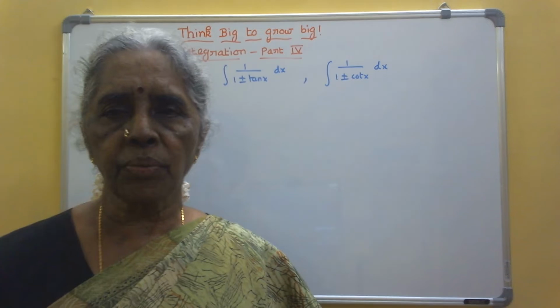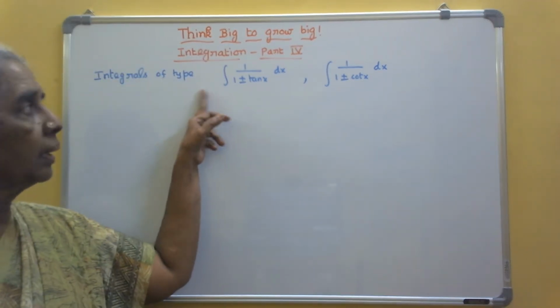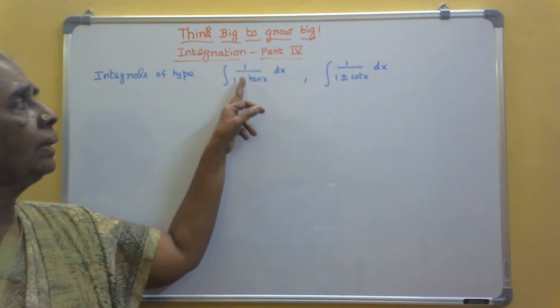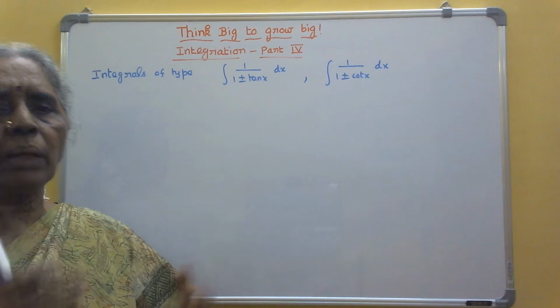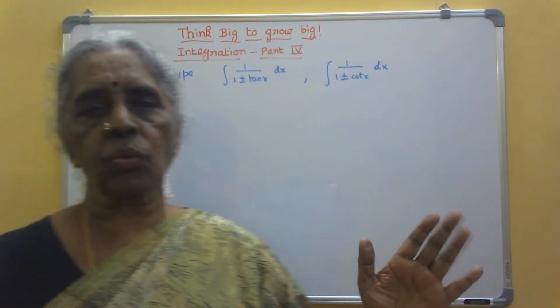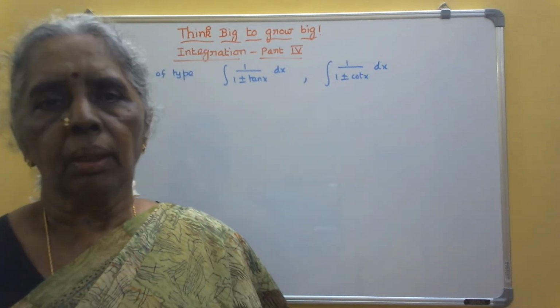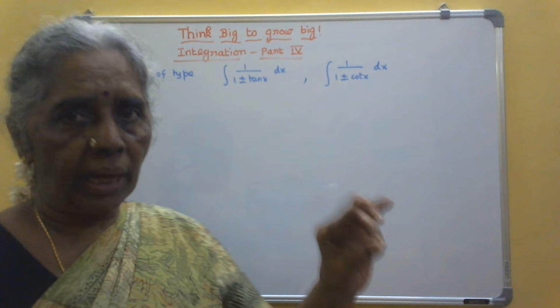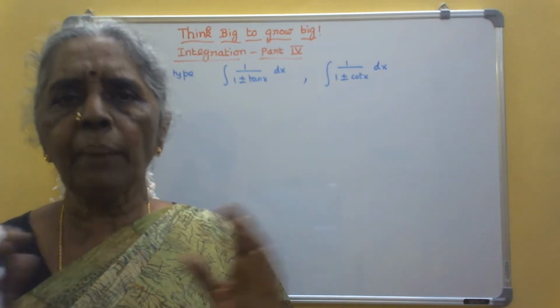Now we are going to see how to integrate the integral subtype 1 by 1 plus or minus tan x, that is 1 by 1 plus tan x, 1 by 1 minus tan x, 1 by 1 plus cot x, 1 by 1 minus cot x. This is one separate model or type we can call. Now, if I teach you one, you can do the other three yourself, because a similar pattern only you have